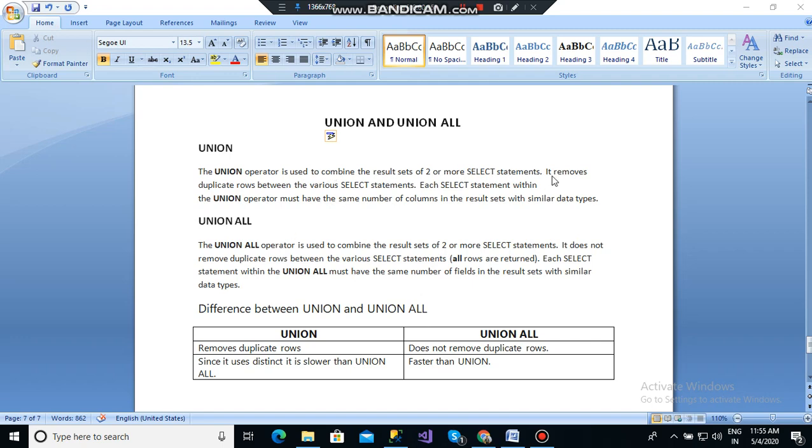Okay, now union removes duplicate rows between the various select statements, whereas union all does not remove duplicate rows between the various select statements. All rows are returned. Okay, and then each select statement within the union operator must have the same number of columns in the result set with similar data types. Okay, each select statement within the union all must have the same number of fields in the result set with